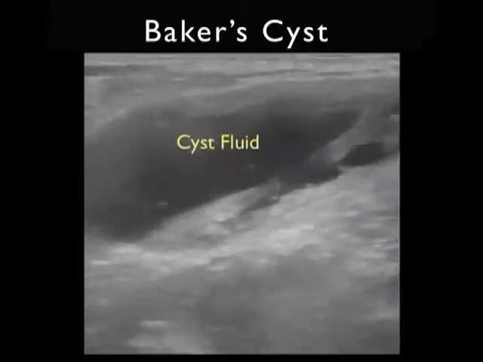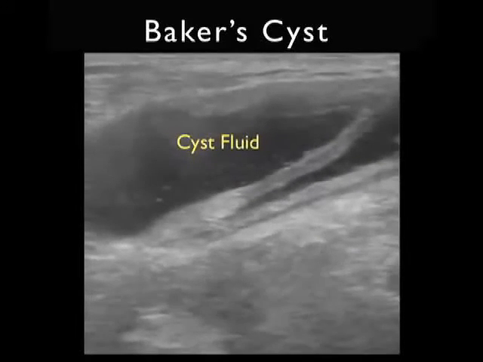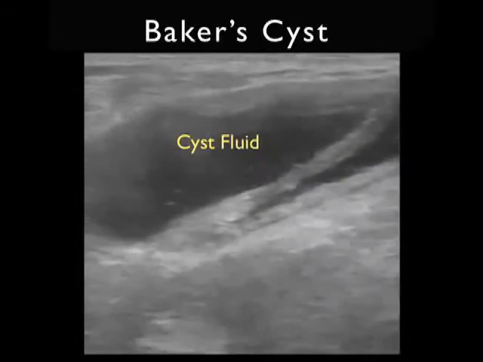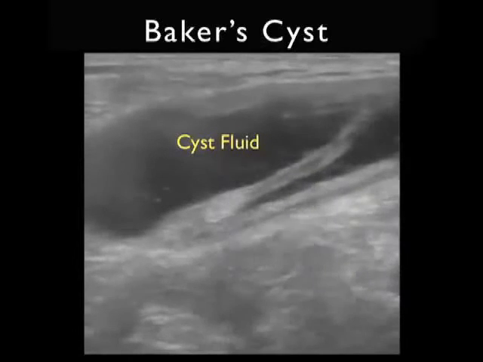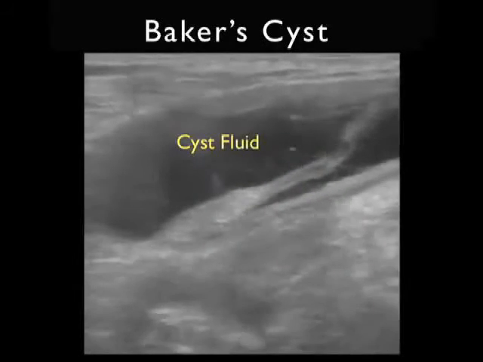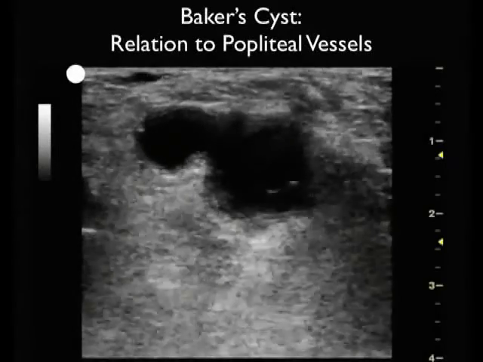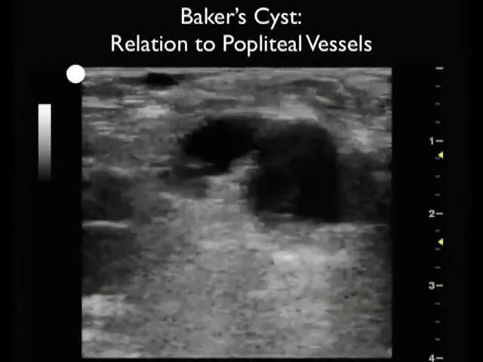This Baker's cyst was found in the popliteal region of a patient who was referred to the emergency department for a swelling behind the knee. Here we see the typical appearance of a cyst, that is that of a dark or anechoic fluid collection on bedside sonography. In this video clip, we're going to change the depth of the ultrasound image to better interrogate the